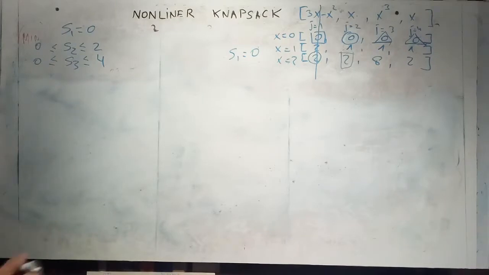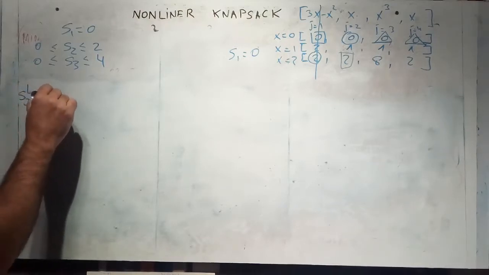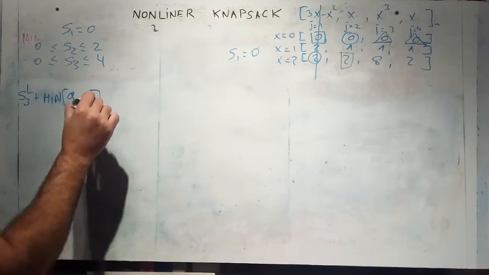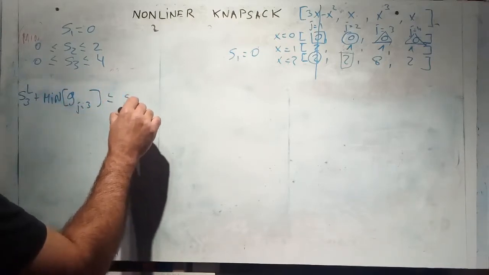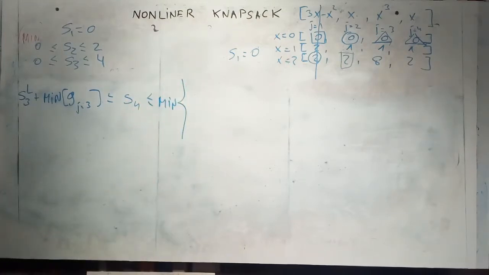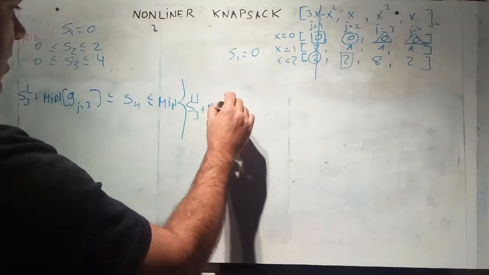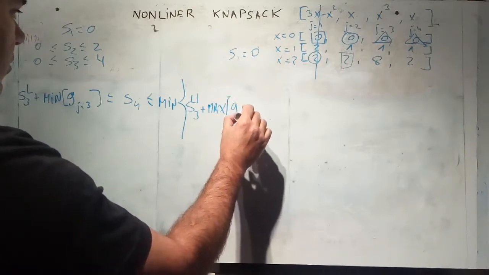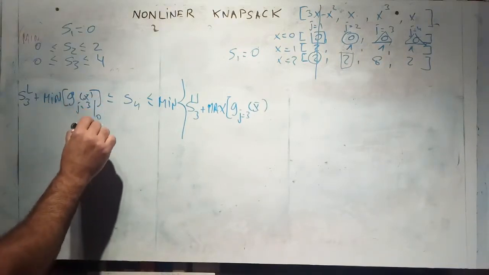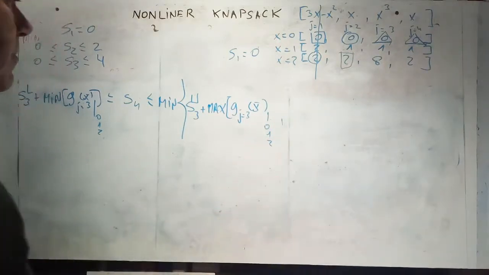So S4, its lower limit is going to be S3 lower plus the minimum of J3, less or equal than S4, less or equal than the minimum of two quantities: the upper limit of S3 plus the maximum value of G for J being 3 of x evaluated at 0, 1, 2, comma,